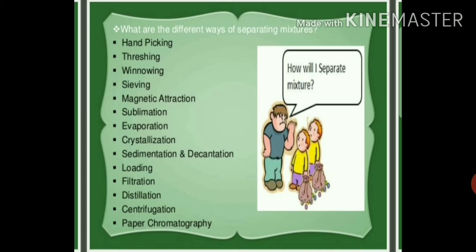तो मिक्सचर में जो अनवांटेड और हार्मफुल सब्सटेंसेस होते हैं उसको रिमूव करने के लिए भी हमें सेपरेशन की ज़रूरत होती है। To remove non useful components, तो जो मिक्सचर में नॉन यूज़फुल कंपोनेंट्स होते हैं हमें उसे भी सेपरेट करना पड़ता है। For example, we use a strainer to separate the tea leaves from the tea. तो स्ट्रेनर के थ्रू हम टी से टी लीव्स को अलग करते हैं. To separate two different but useful components,